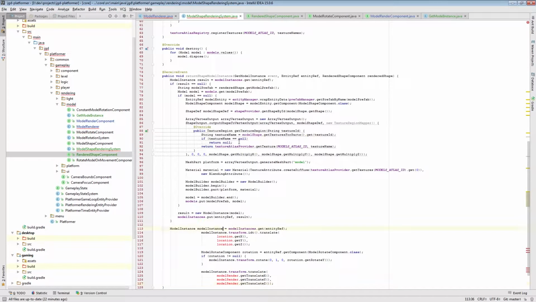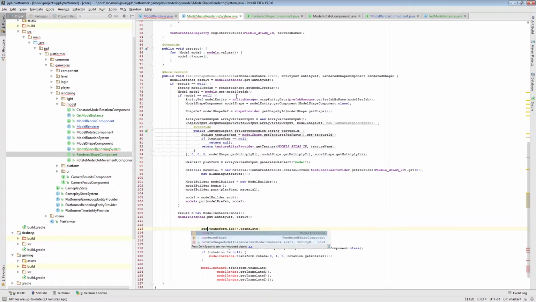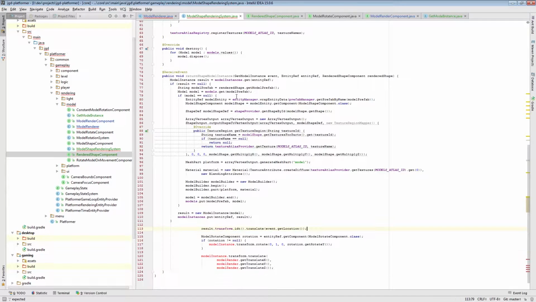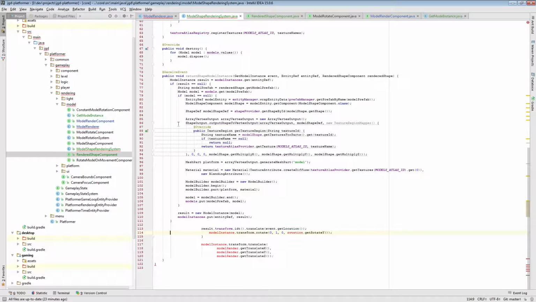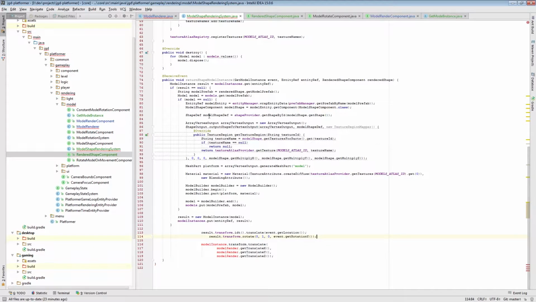So I have to, on the model instance, on the result, apply the transform, getting the event get location, translate passing vector, yes. Then I have to rotate it. Result rotate by event get rotation y, and then I have to